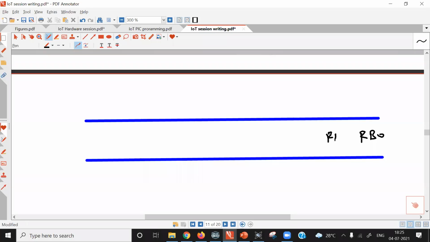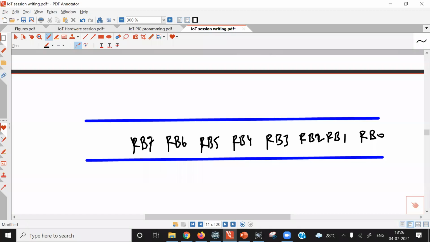RB0, RB1, RB2, RB3, RB4, RB5, RB6 and RB7. Total 8 fields are there in the port B register. So the name of the register is PORTB. So we can modify individual bits in this PORTB. PORTB is here the SFR.